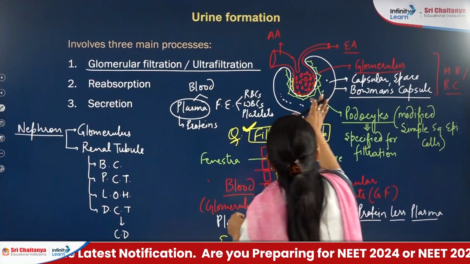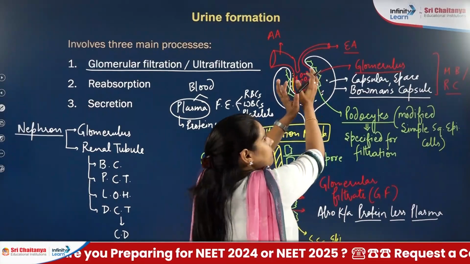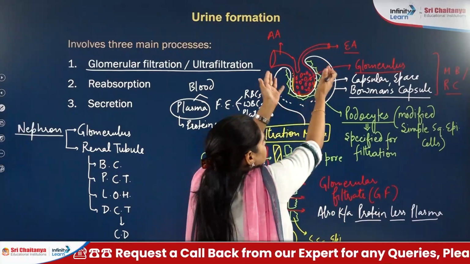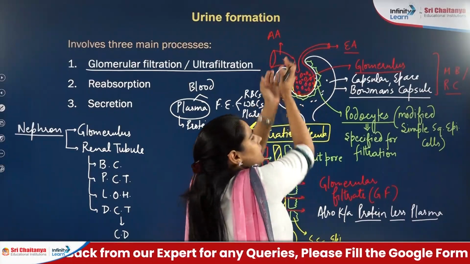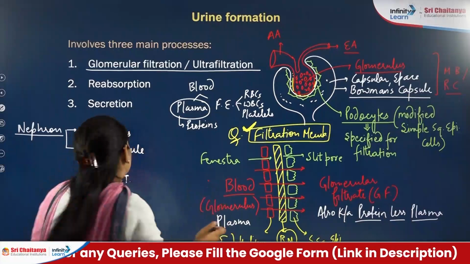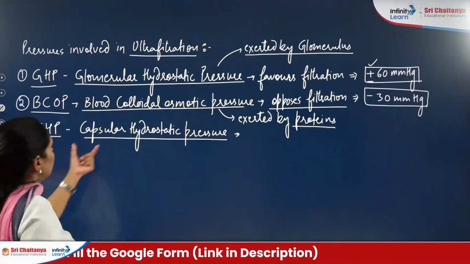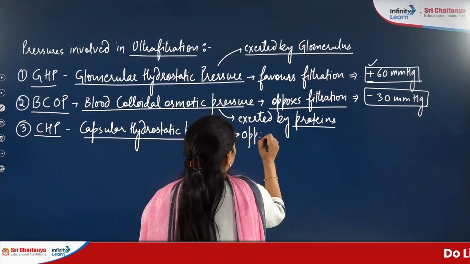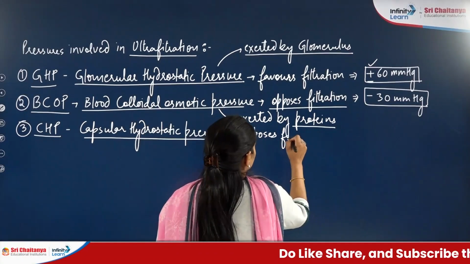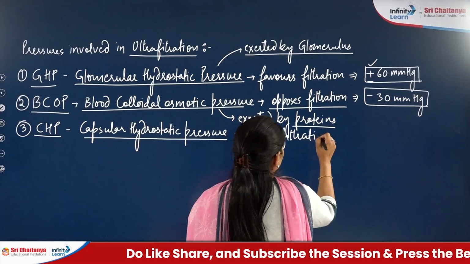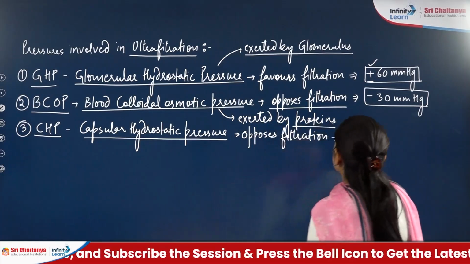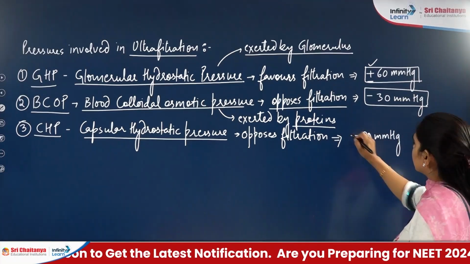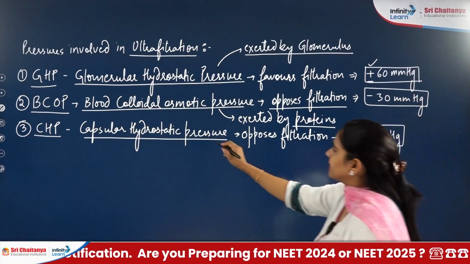The filtrate which comes here, when it becomes very much, then no more filtration will occur. The filtrate present here will oppose the further filtration. So that is why capsular hydrostatic pressure will also oppose filtration, and it is also minus 20 mm of Hg. Right? This is exerted by